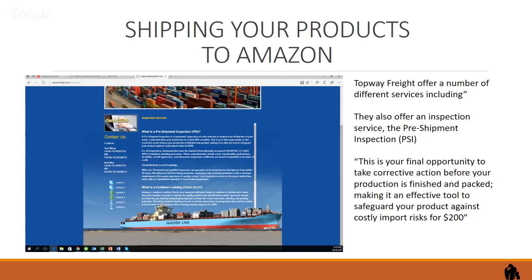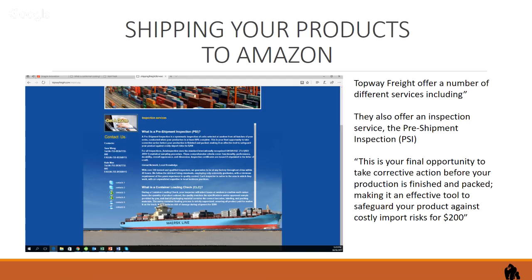I found the perfect product, but it's slightly overweight. That's not a major problem. Look at putting it on the sea. The only downside to that is you're going to wait for the product to get there. So the difference between Air Express and sea from a timing point of view is probably about 4 to 6